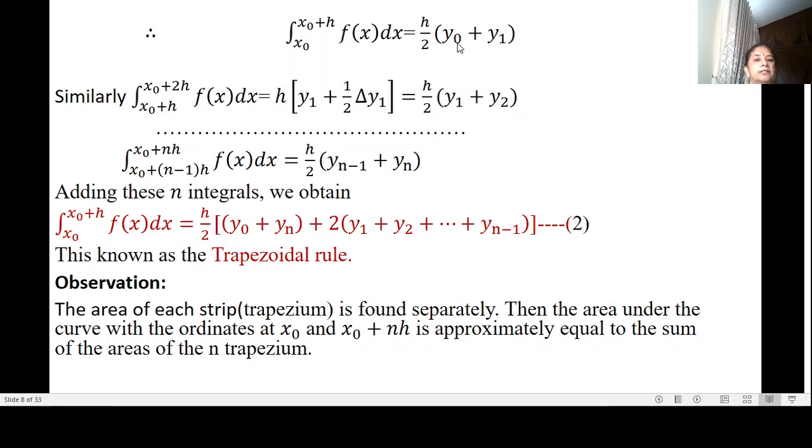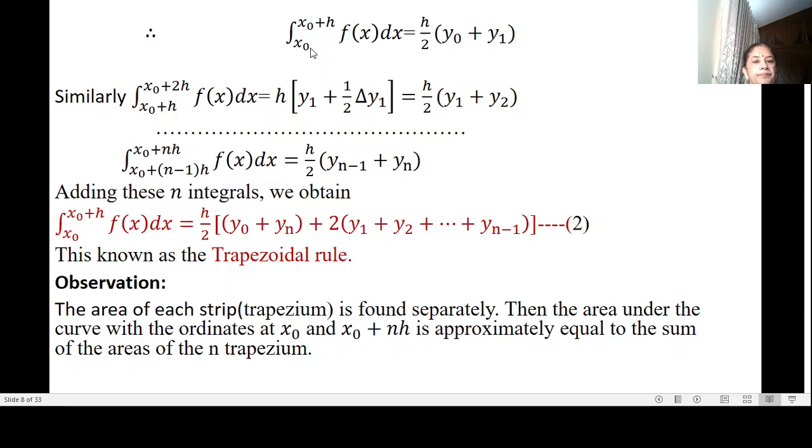Now look at the right hand side values. In the first integral we have h by 2 into y0 plus y1. Next h by 2 into y1 plus y2. Thirdly h by 2 into y2 plus y3 and so on. Finally we get h by 2 into yn minus 1 plus yn for the last interval. Correct? Now add all these n integrals. Adding the n integrals, this is the first integral, second, etc. Adding all the n integrals we get